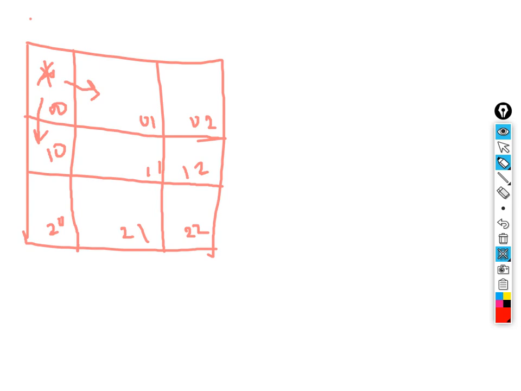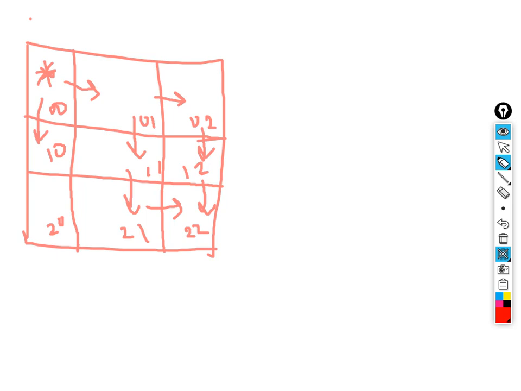Moving ahead to the solution, we'll start from here, and at first if we move from here, then from here also we have two ways, this way and this way. But if we move from 0 2, it has only one way of moving, that is bottom, and again from here we have one way. So from 0 0, we have one way of moving to 2 2 by one move, two moves, three moves, and by four moves. So in four moves we have one way of coming over here, and then from 1 1 we can again go down and move to 2 2. This is how we have to move from here.